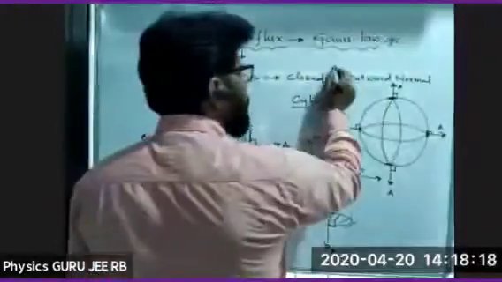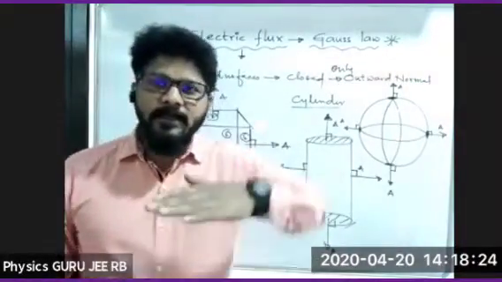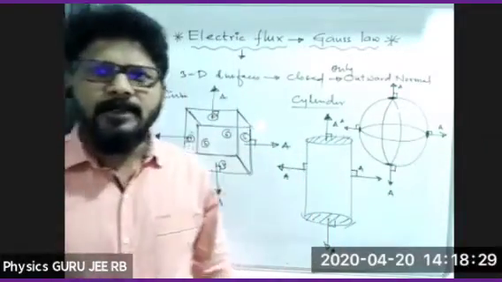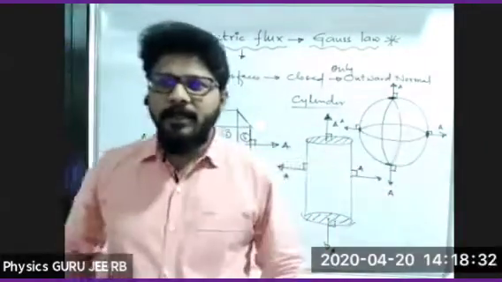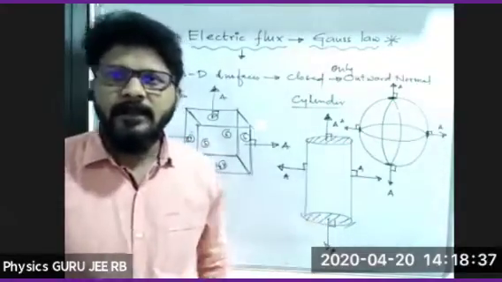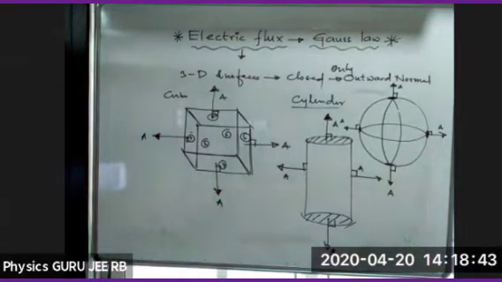Only the outward normal. Normal means it should make an angle of 90 degrees with the surface. If this is the surface, it's nothing but the normal. Clear till this point? So what we are showing here is only area. Area in vector form gives the direction. Take screenshots, and if you have any doubts, let me know. Then we'll proceed.